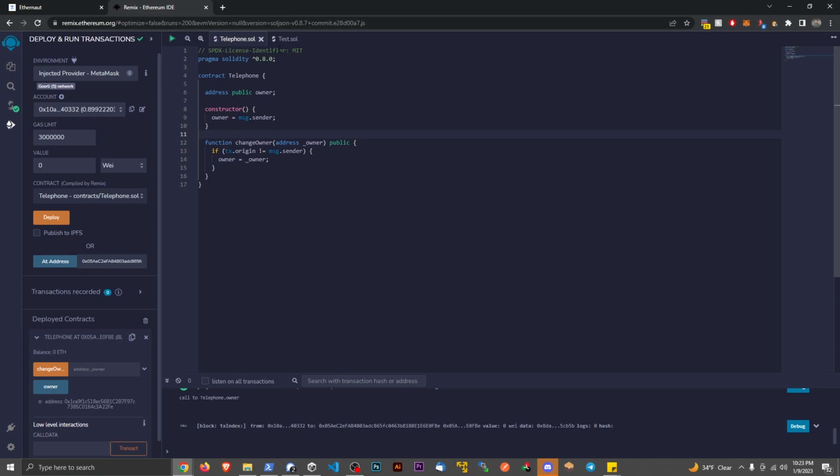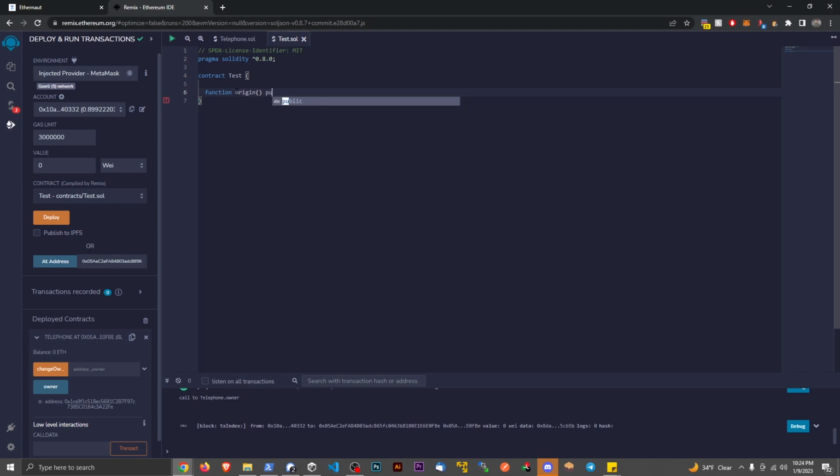Anyways, what we want to do is talk about the difference between the transaction origin and the message sender. So let's set up a function. We're going to call this origin. We won't take in any parameters, but we're going to make it public, and this might be a view. We're going to say returns an address, and we're going to open up this contract. Now for this particular contract, actually I take that back. You could go back to the VM to save test ether, but we're going to use this to interact with this contract in a second. But anyways, what we want to do is return the msg.sender.